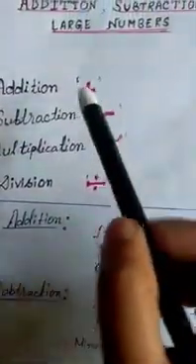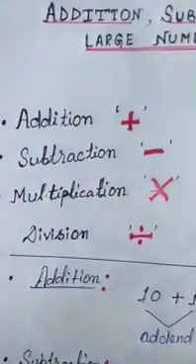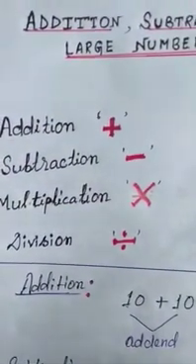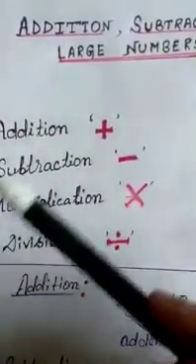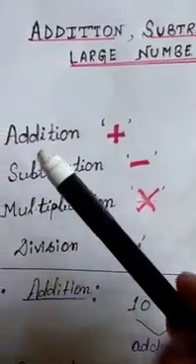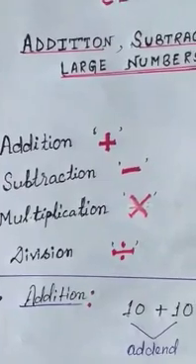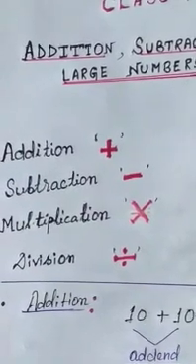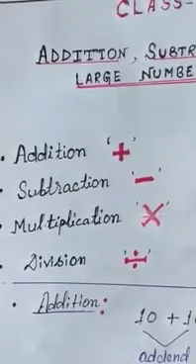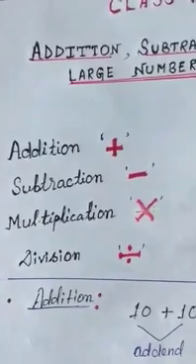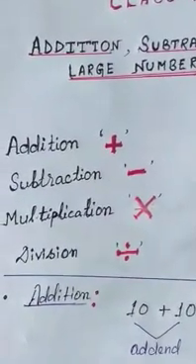And in a similar way, multiplication is also like addition. That means we have to put groups of the same size together. And division means what? That means we have to separate. Suppose all of you are celebrating a birthday, so you are distributing the cake, right? From that comes the division. Division means you have to divide or share.